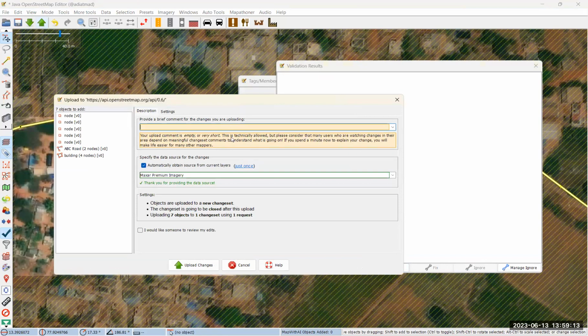That many users. Why is this important? This is technically allowed, but please consider a comment. Comment is very important for others to check. If anyone wants to check your data, or wants to track or use your data, they can track how